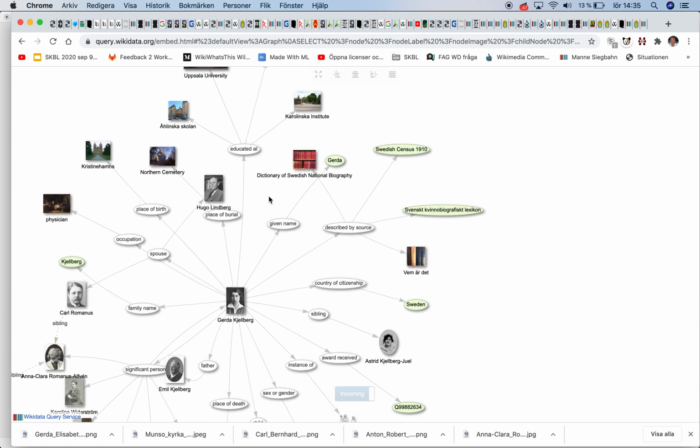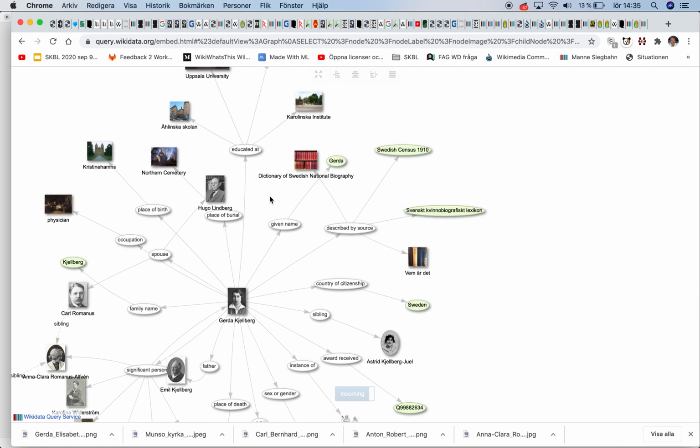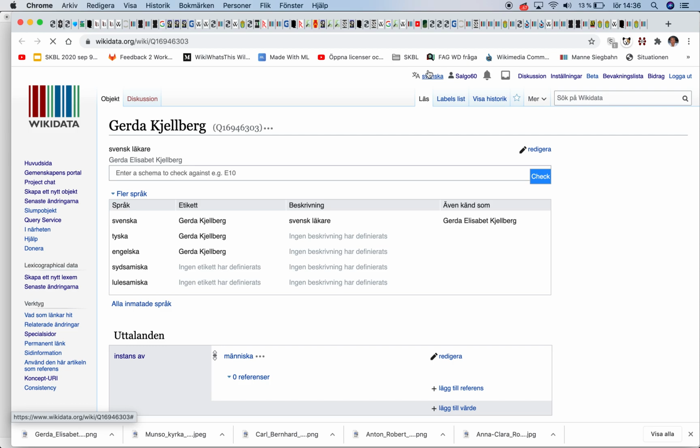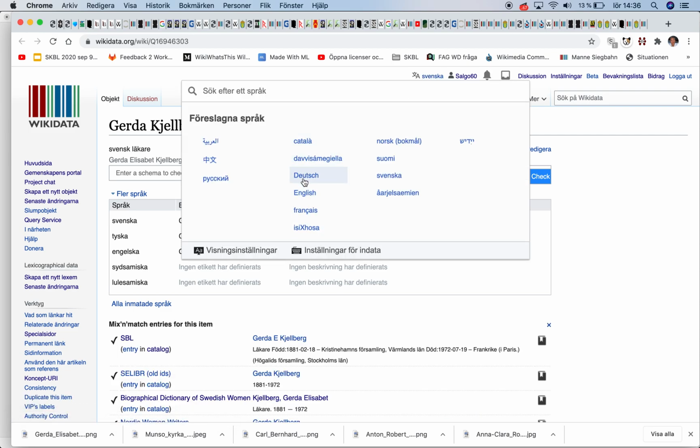So what we do now, as we are waiting on citation on Abstract Wikipedia, we also say that this person is described by a source. And this is a female dictionary in Sweden and another dictionary. And then we also add the language tag. For example, if you don't speak Swedish, this source is not interesting, but this one is, as they have both English and Swedish. So if you go down here and I change this to English,